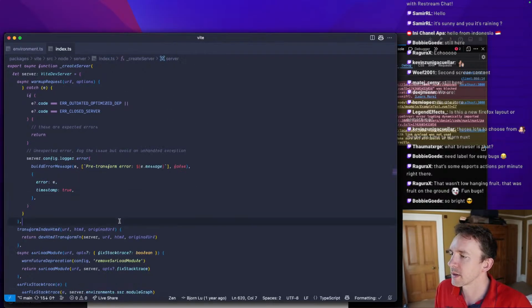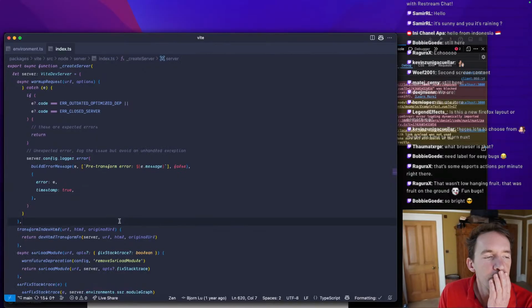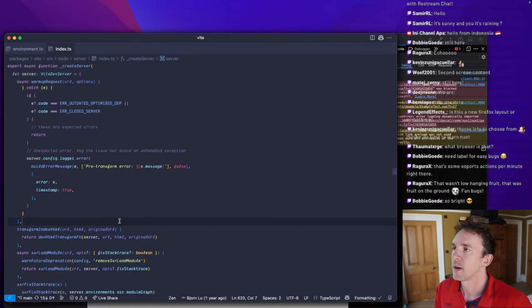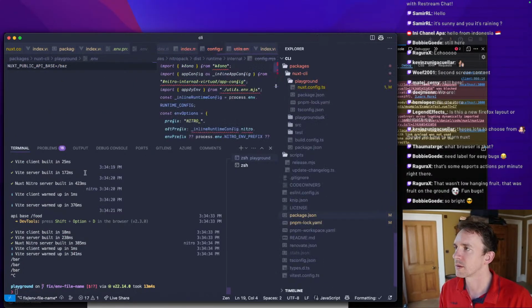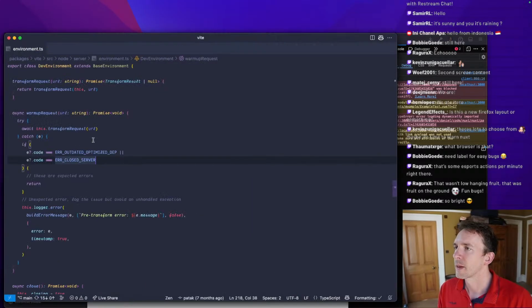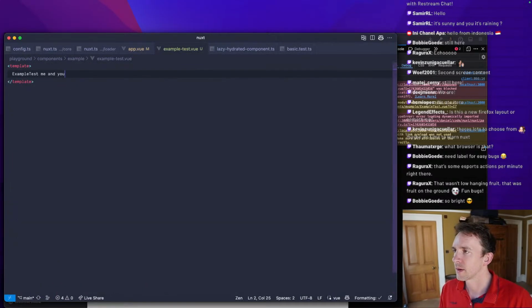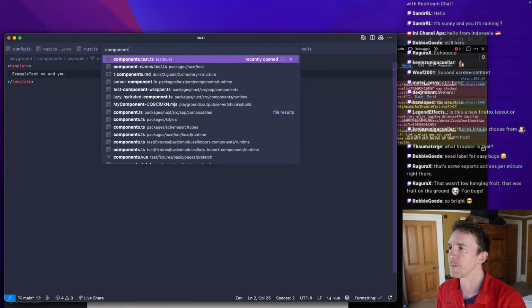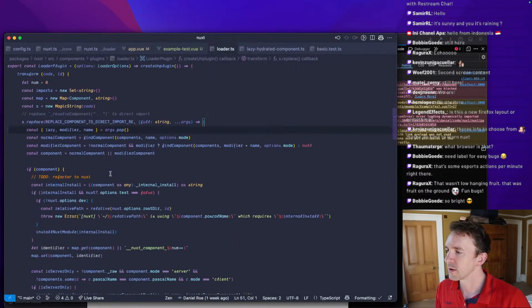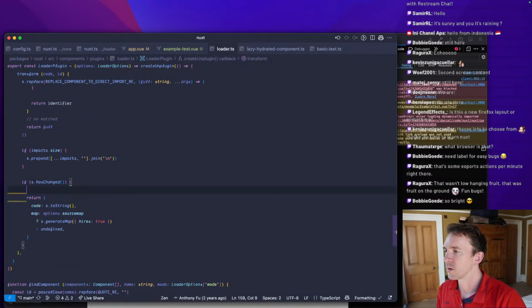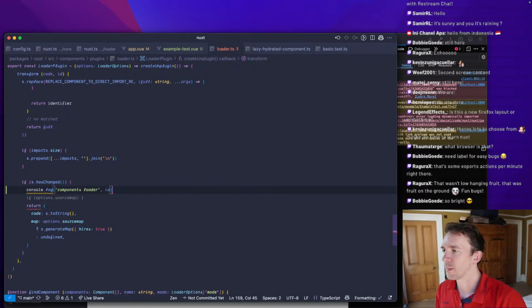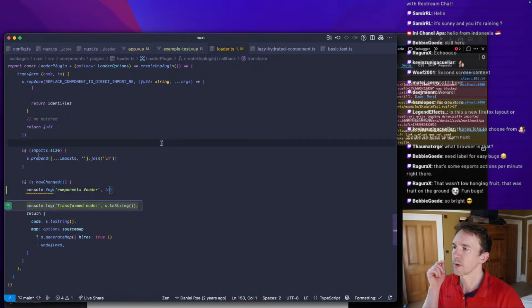And I guess it is because this file has changed. Okay, let's see. Let's close this. Let's see where this is. So we have our components loader, and our components loader locates and changes these files. So it has changed. So console log components loader, and we should also have our